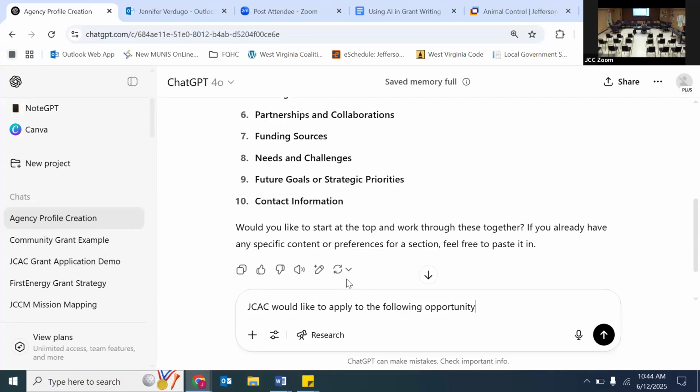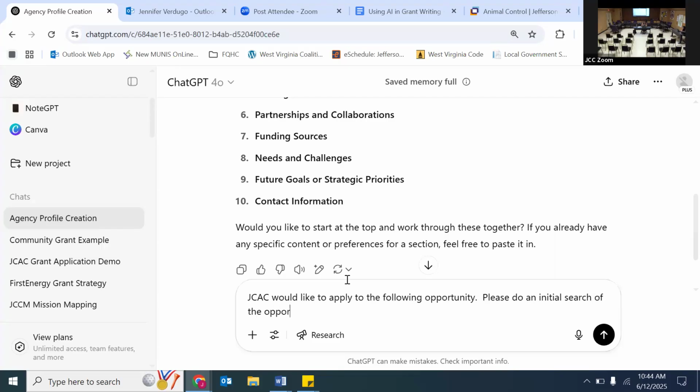Hold on, before I paste, please do an initial search of the opportunity to determine whether Jefferson County Animal Control qualifies to apply based on